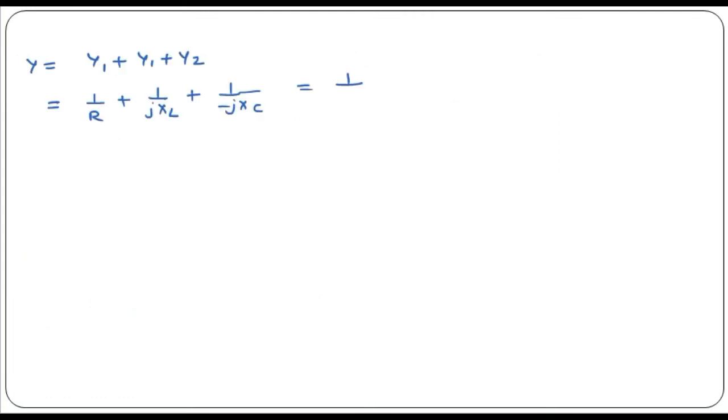So the R value given in the question is 1 by 3, plus 1 by J into XL value, which is 1 by 2 ohm, plus 1 by minus of J, XC value is 1 by 6. So now let us simplify. It will be equal to 3. So this J goes in the numerator and becomes minus of J, and it will be equal to 2. This is plus J 6. So from here we are getting the admittance of the circuit as 3 plus J 4.